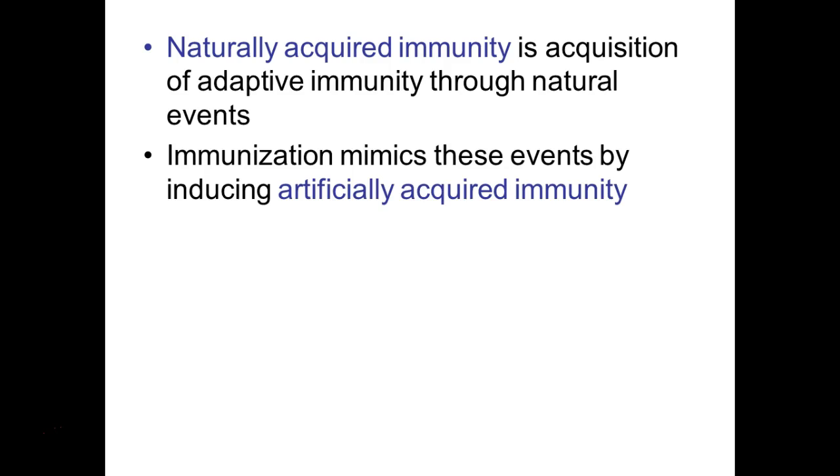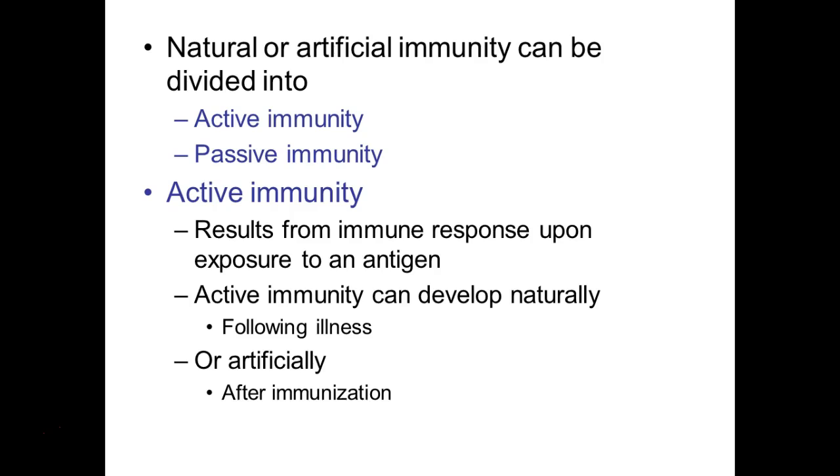So naturally acquired, right? And again, we're really referring to our adaptive immune response, right? Through natural events, natural exposure. Immunization mimics these events by artificially, right, getting your immune system to respond. So we can do this naturally or artificially, right? We can naturally or artificially actively get your immune system going, right? You can be exposed to something, or we can purposely expose you in the form of artificial. Passive,